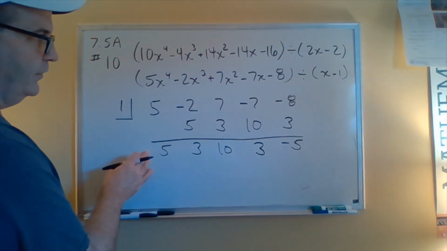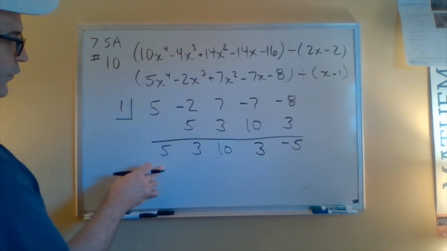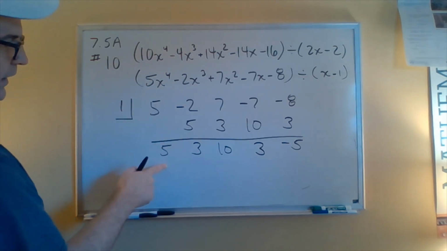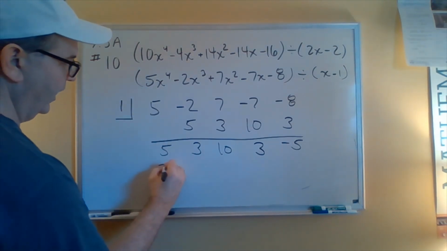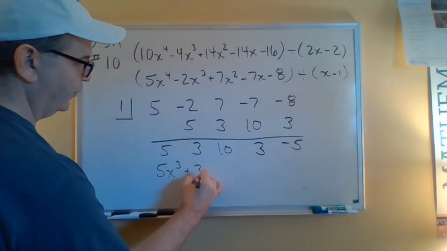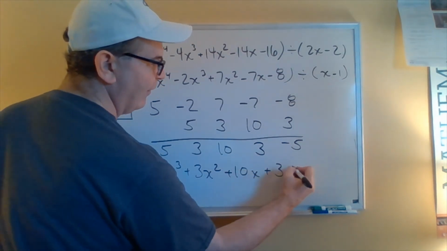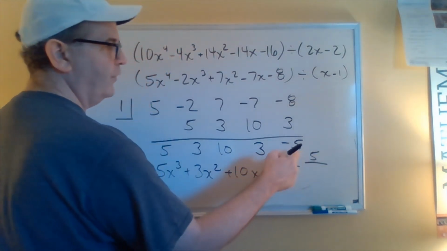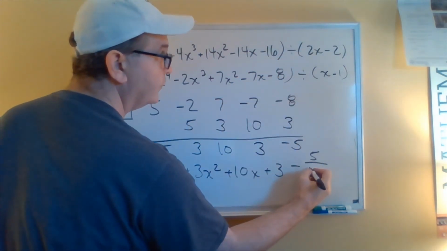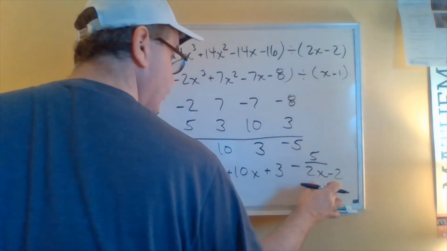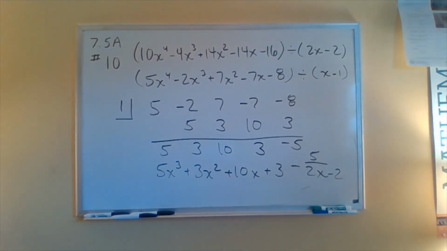So here are the coefficients for our answer. And we're going to start our first term off 1 degree lower than we had up here. So if our first term was x to the fourth up here, down here it'll be x to the third. So I'm going to have 5x to the third plus 3x squared plus 10x plus 3. Now I have my remainder. So minus 5. We'll put 5 in my numerator. My denominator is 2x minus 2. We put that over our original. So the answer is 5x cubed plus 3x squared plus 10x plus 3 minus,